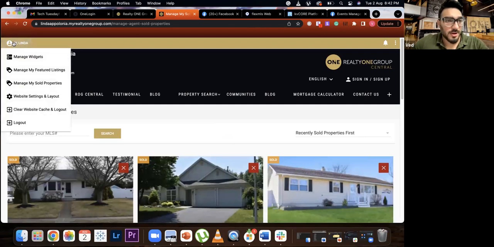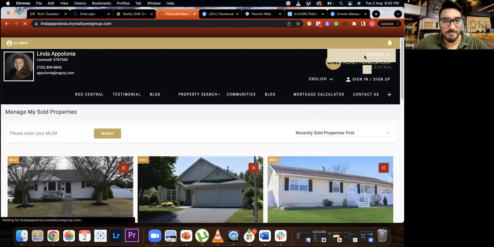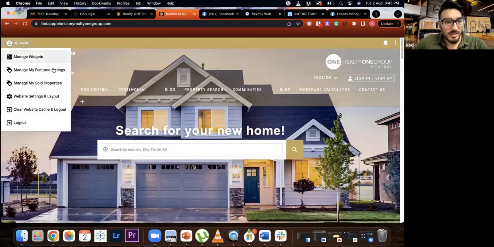Next, we have the option of website settings and layout. This is the main option that we can look into, because this way we can change the colors, we can change the font and theme of our website. So if I go back to our website and I click on website settings and layout,